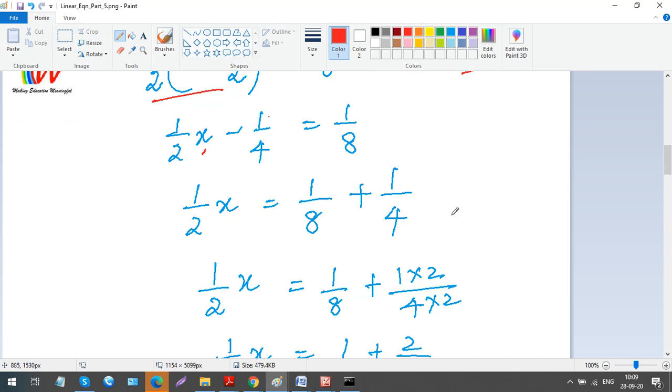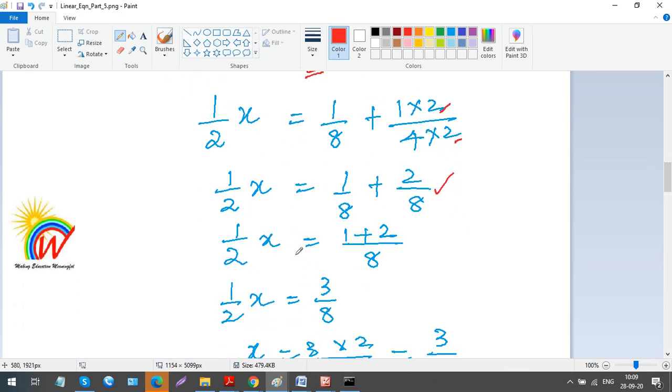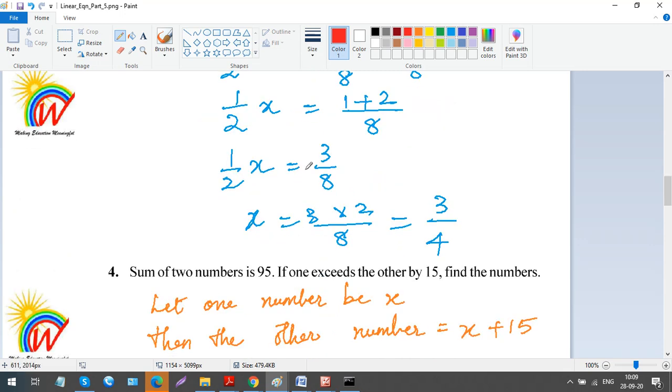Now you take the LCM. So you have to make the denominator same. Only then you can add them. So here it's 8, here there is 4. So let me make this as 8. So to make this as 8, I'll have to multiply by 2, right? So multiply by 2. So I'll have to do the same on top also. So I get 1 by 8 plus this is going to give you 2 by 8. Okay. So the other things remain as it is. So now you get 1 by 2x is equals to, now you can add the 1 and the 2 on top. So 1 plus 2 divided by 8, which gives you 1 by 2x is equals to 3 by 8.